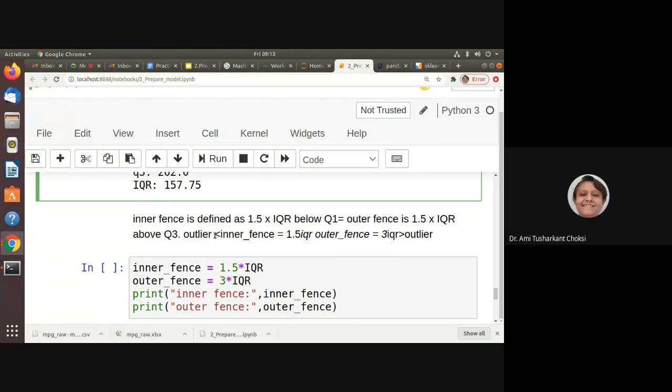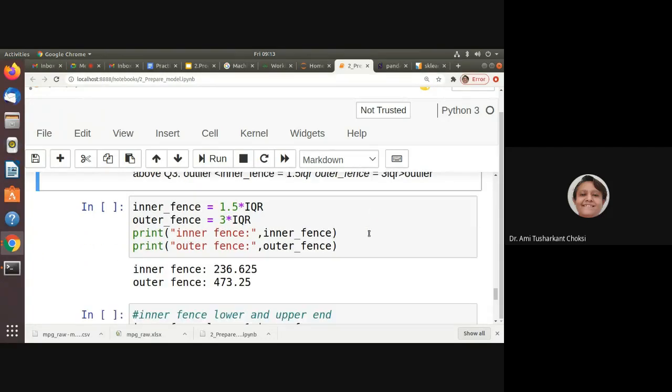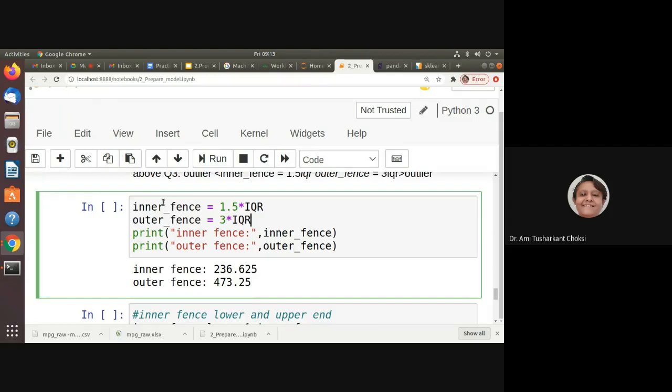We say that an outlier is whatever is less than the inner fence or greater than the outer fence. So whatever is less than this one is an outlier and whatever is greater than this one is an outlier.